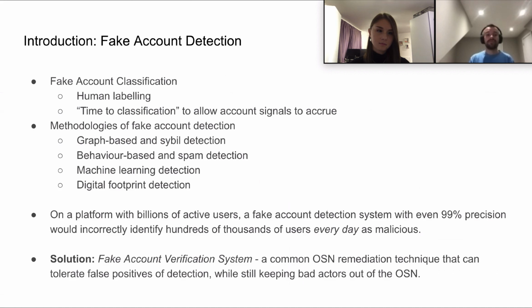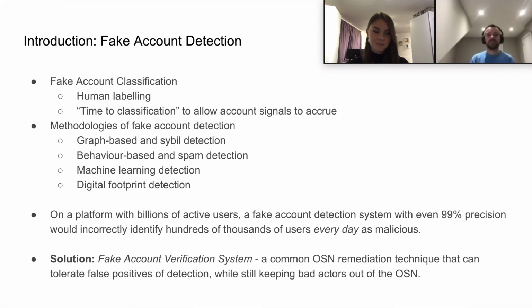In order to classify fake accounts, Facebook uses a team of specialists to review accounts. Reviewers look at specific signals that can indicate whether an account is real or fake. We leave a specified time to classification to allow the signals to occur. For this work, we treat such labeling as ground truth. The definition of what constitutes abusive and benign behavior is specific to the OSN. For example, at Facebook, these labels are defined by the Community Standards document.